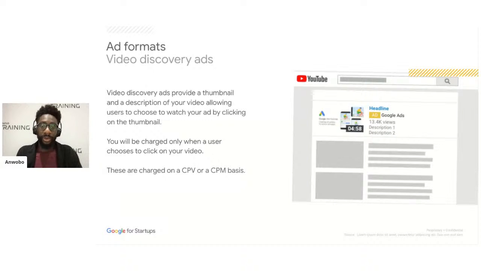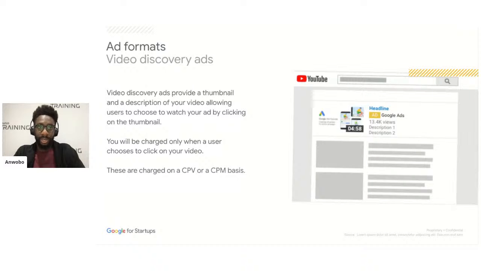So if you're watching a video, you may see on the top right in that recommendations tab, a video from an advertiser that's been recommended for you because you've been targeted in that way by that advertiser. With these videos, a user has to actually opt in to watching this video because they choose to watch it by clicking the ad thumbnail. And therefore, when they click it, it just opens that video within YouTube,